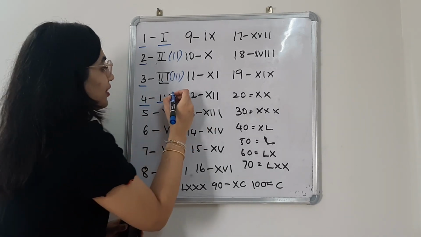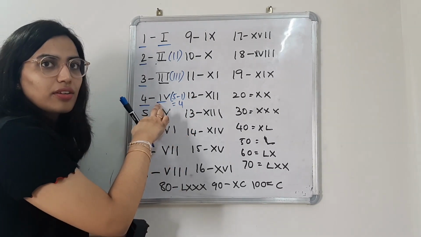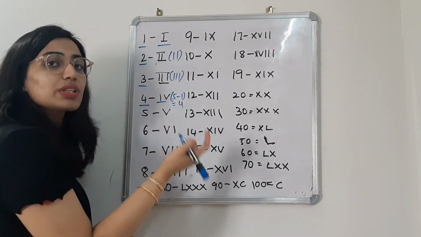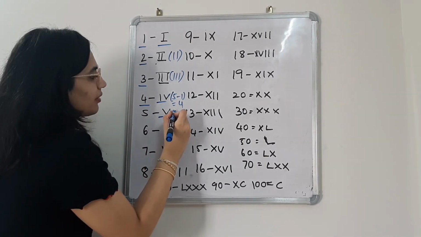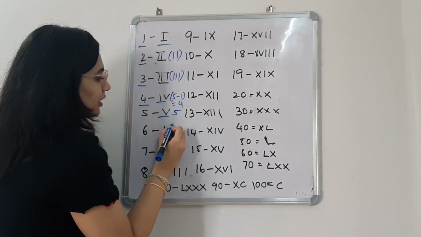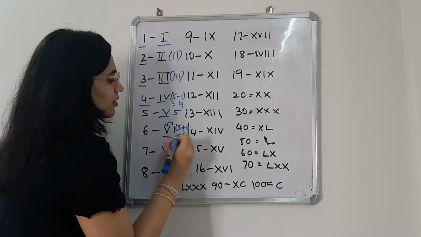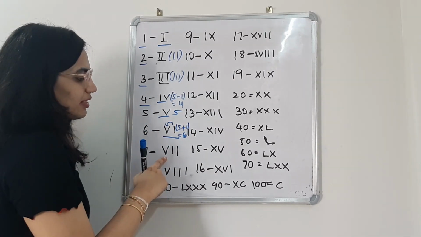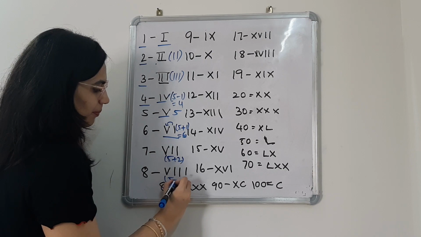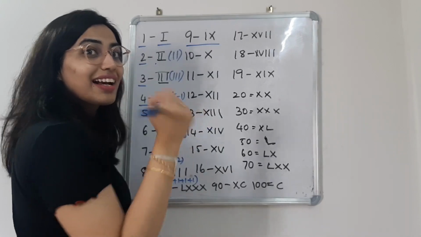You remember, wherein 5 minus 1 is 4. That is, a lower value Roman numeral needs to be subtracted from the greater value if the lower value is present to the left hand side. This is 5 and 6. 6 is the second rule, that is greater value, and we will be adding this to the greater value, right? 7 is the same, 5 plus 2. 8 is 5 plus 1 plus 1 plus 1, that is 8. 9, again the rule